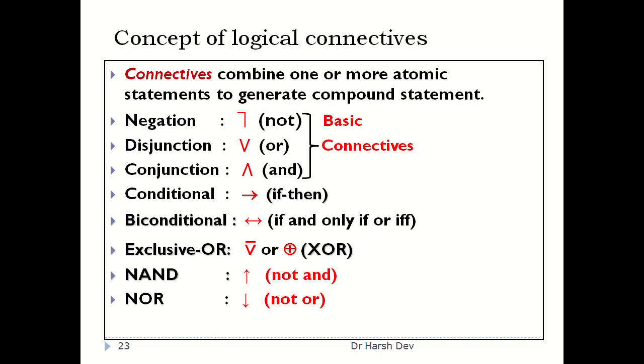Why are we using these symbols? Just to replace those words with mathematical symbols, so that we can easily apply mathematics on statements to draw a particular conclusion from a given set of thousands of statements. So this was all about the basics of mathematical logic, where we have seen how statements that are either true or false can be converted into a symbolic form. For combining these statements, we use certain connectors to form compound statements.